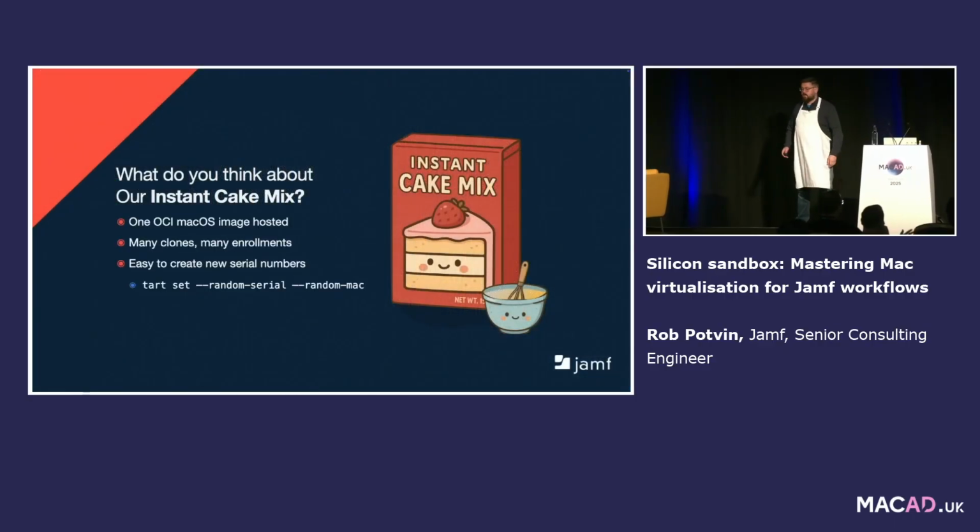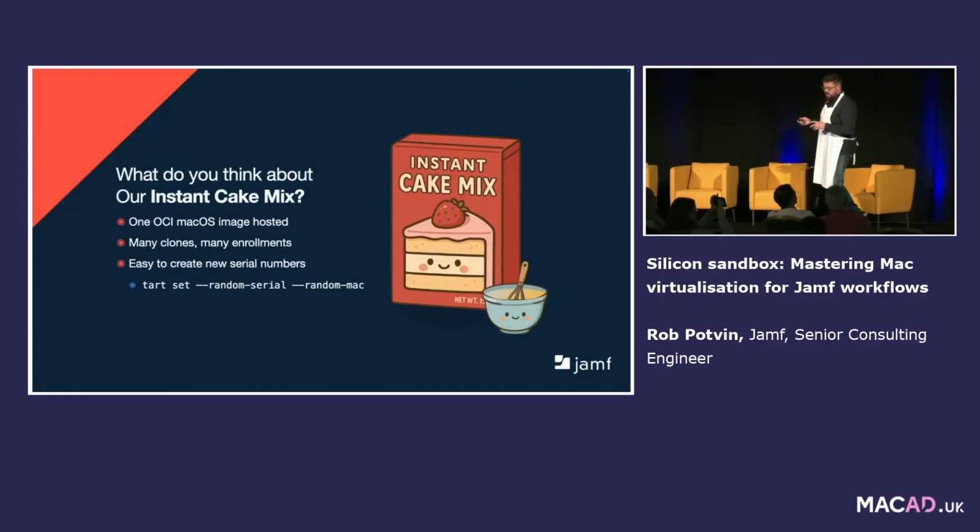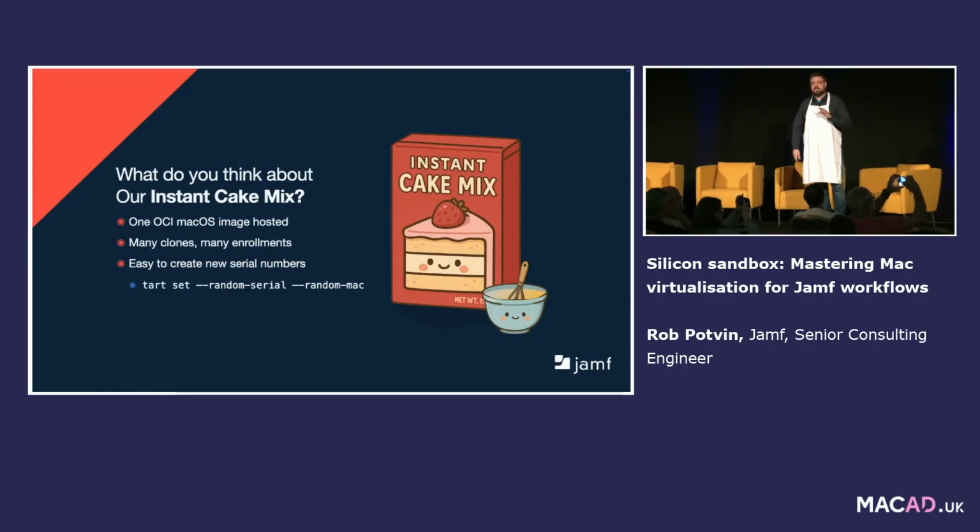So a quick review, or just kind of a recap of this. It's pretty cool. We have the OCI, right? We can view many clones. And there's another little bit of secret sauce here. We can also just tell Tart on any of our clones to set a random serial and a random MAC, which basically means on one image, I can just keep on cloning off that image and have multiple different VMs in Jamf Pro based on one image, one work that I did, and not have to worry about anything, right? I don't have to have them re-enrolling over one another because they have different serial numbers. That's a really cool feature.